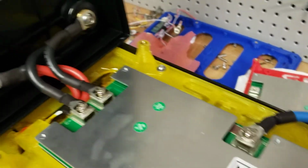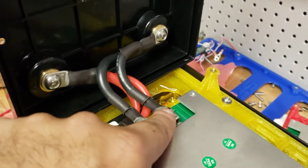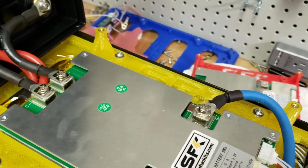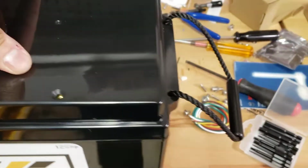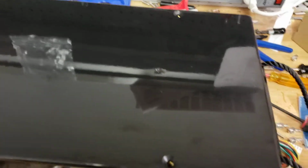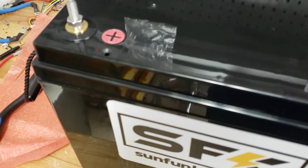As far as the black wire, like I said, one's a shorter end and one's a longer end. That's why you put one here and the other one here. And really, all you need to do is just sandwich it in place. And with this longer wire, it should be easier to maneuver. So if we do that, you can see that we are able to get it in place, and should have no problem